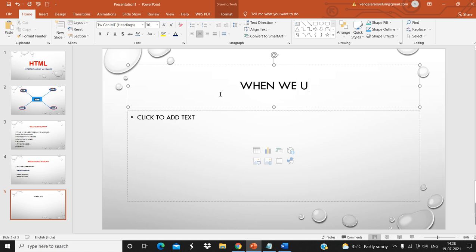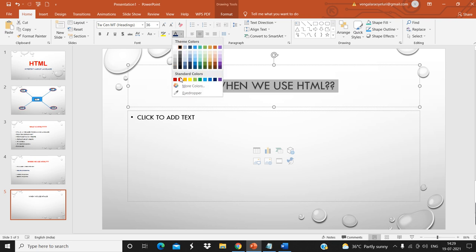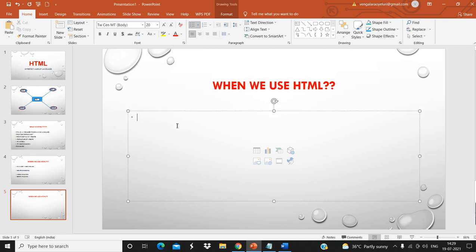When we use HTML means we are going to use HTML programming when we are developing websites. So let me write the answer here. When we want to develop websites, we are going to use HTML for the